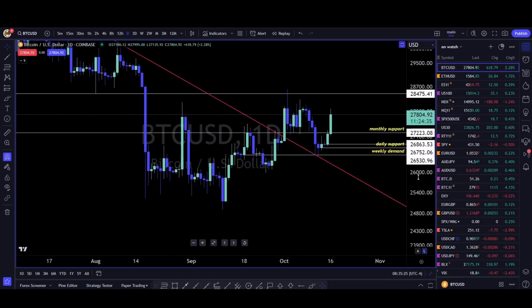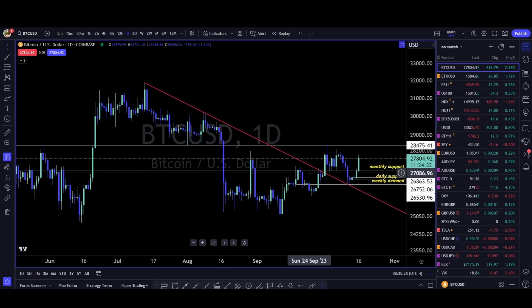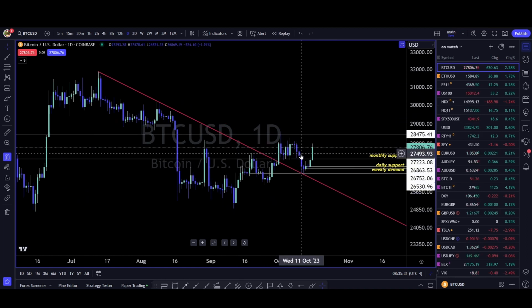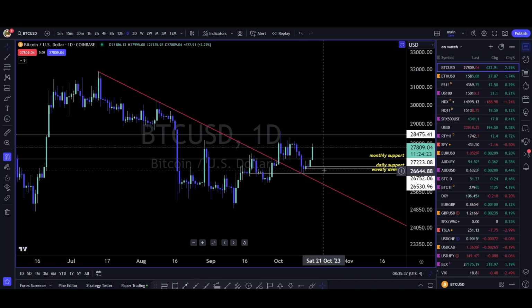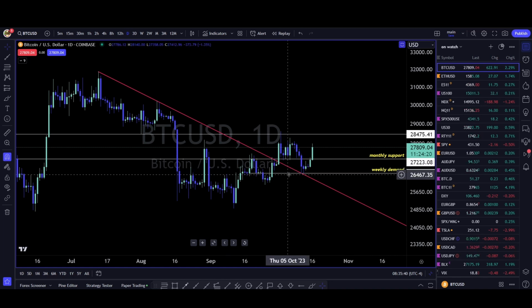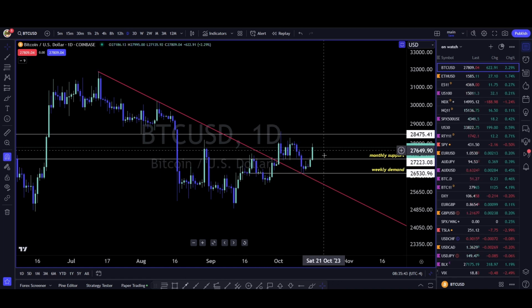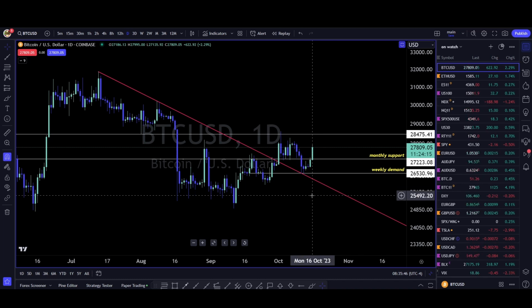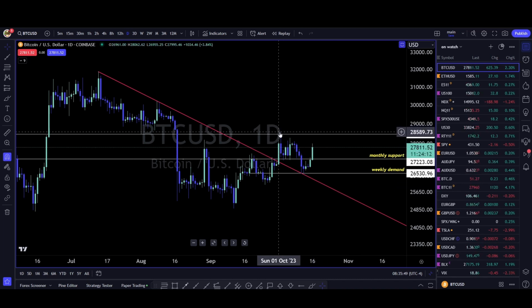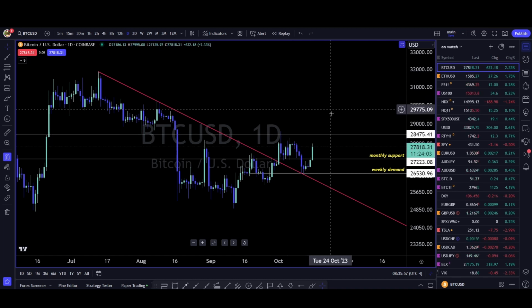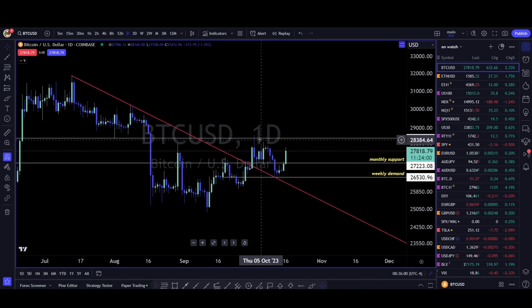Now, if I pull Bitcoin up from that trend line that we broke out from right here, you can see that price just traded right down to it, essentially tagged it as support, but that support is also weekly demand right there. And then it was boom, we're right back up. 27,809. I do have a short entry in at 28,500, but it's just a hedge. So I am more than willing to let that get stopped out if it continues to move to the upside. There's no risk at all on the trade as the stop loss is setting below the entry. So I can't lose any money on it, but I will keep an eye on it.